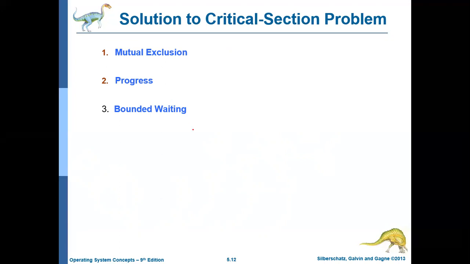Mutual exclusion means at a given time only one process should be in the critical section, and progress means the decision whether a process should enter a critical section or not should not be postponed indefinitely. And bounded waiting means, if a process currently comes out of the critical section and again wants to get into the critical section, and if some other processes are waiting for the critical section, then until all the other processes complete going into the critical section, this process should wait. And the processes should go into the critical section in the order they arrived, or in the order they were waiting for the critical section. So any solution for the critical section should ensure these things.